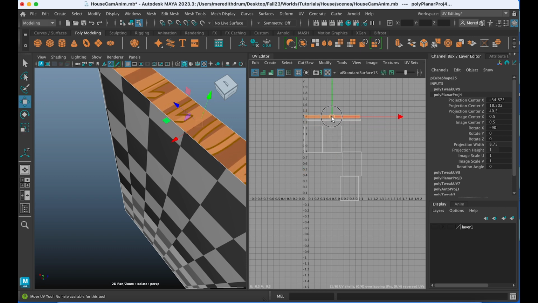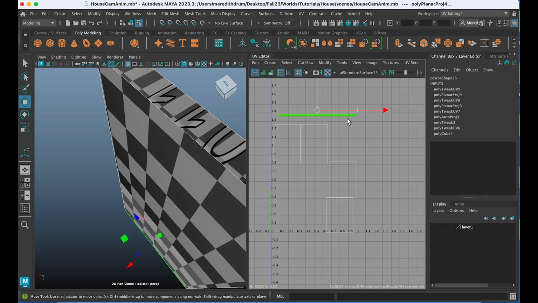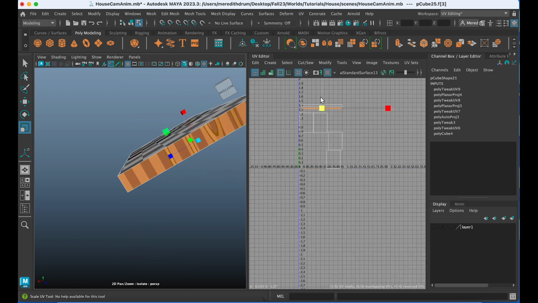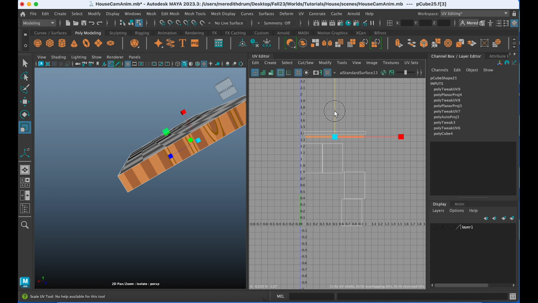You could actually make it around the same size as the other one. You can make it kind of more exactly the same size if you wish. But I'm just going to kind of do it a little bit by feel here, and maybe like that. Okay,